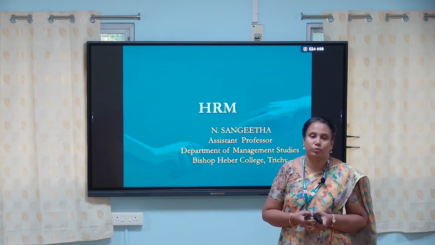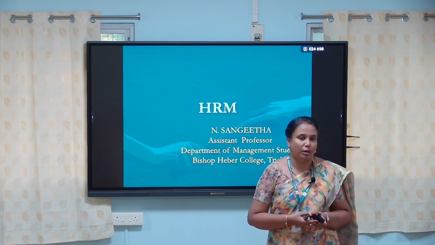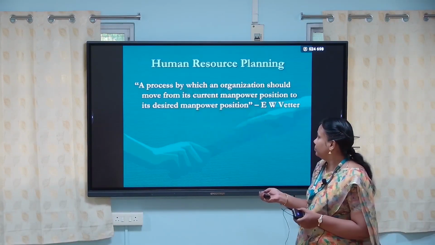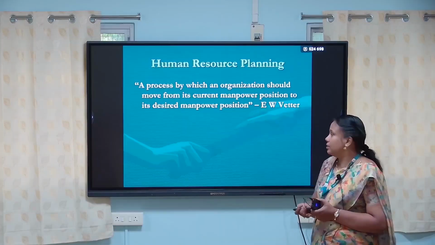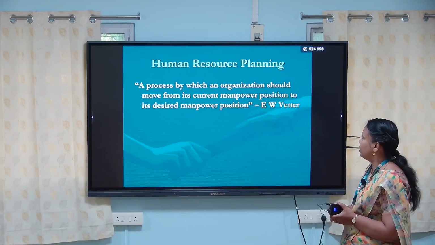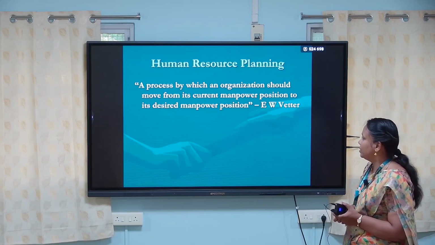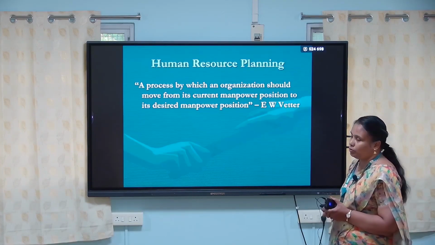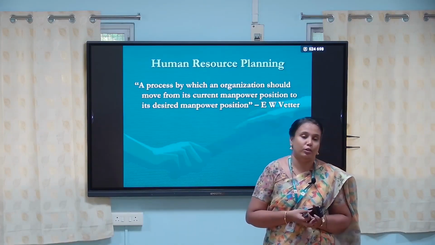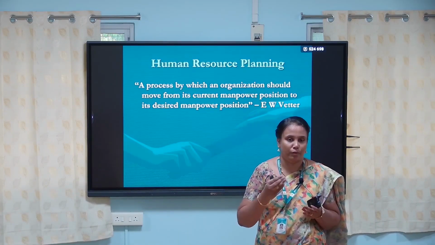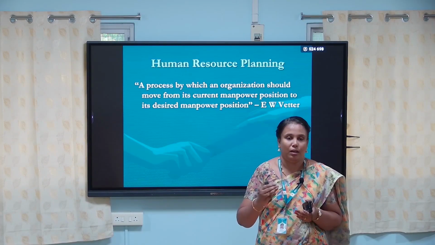Today in Human Resource Management, we are going to learn about human resource planning. This definition was given by E.W. Vetter: a process by which an organization should move from its current manpower position to its desired manpower position. In human resource planning, we are estimating the current manpower position of the organization and forecasting the future manpower